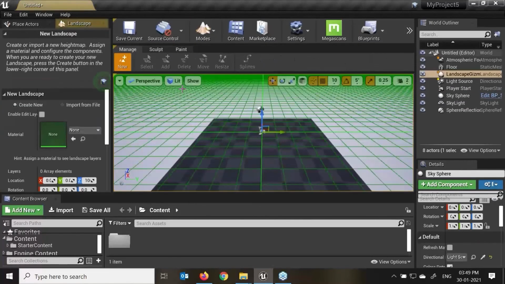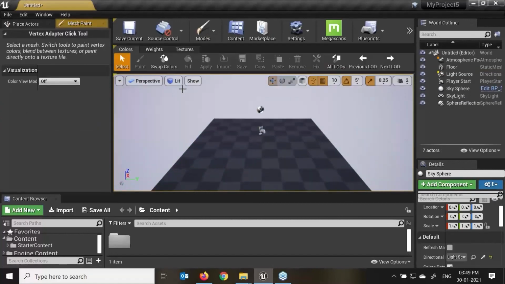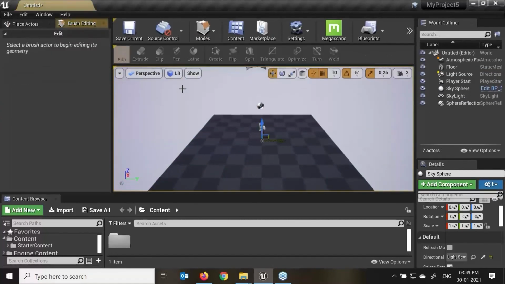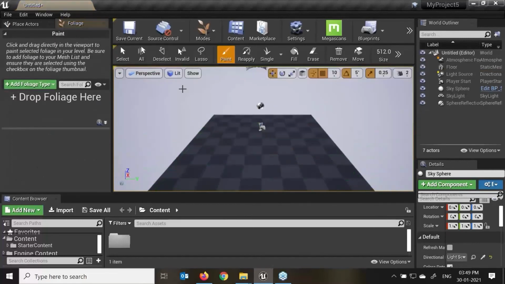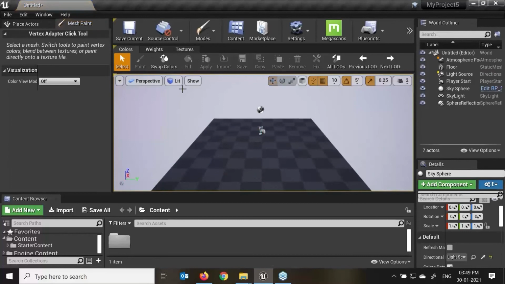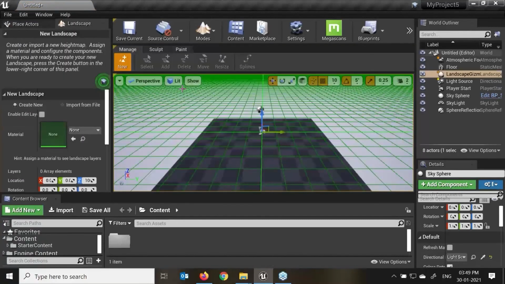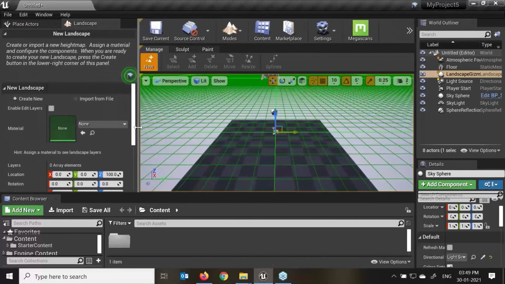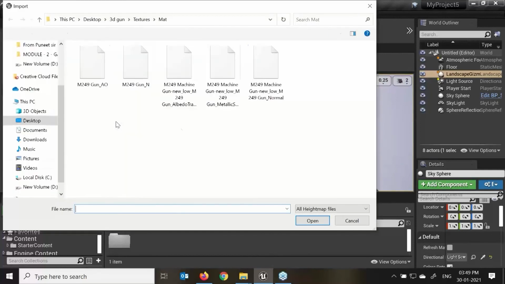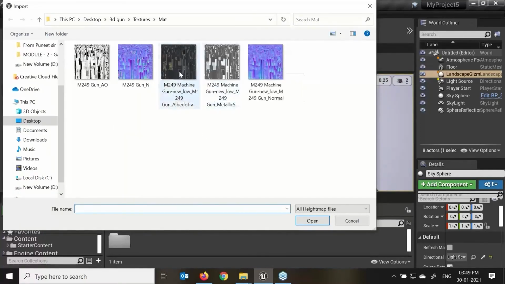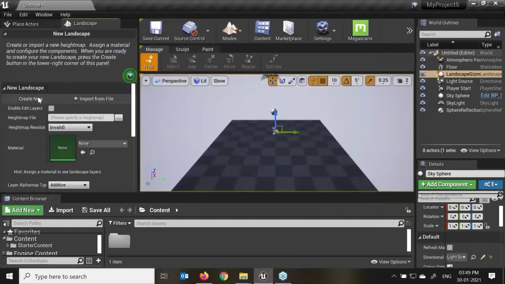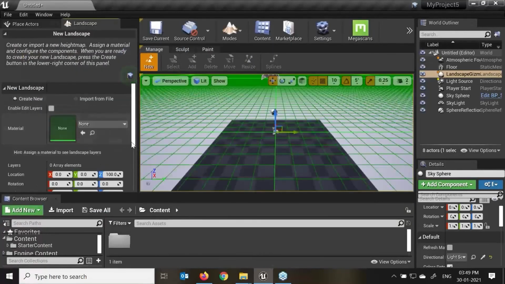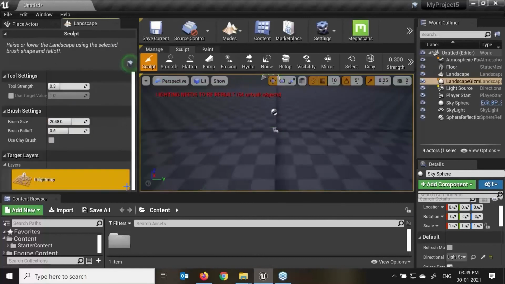Shift 2, Shift 3, Shift 4, Shift 5, right? Shift 1, Shift 2. I still remember one respected faculty asked me in the last session if they can give their own height field map. Yes, you can do that. You need to click on this import file format. So whatever height field map you want to apply, you can apply with the help of the import file. Create New. Here you can give the material and the textures as well. I'll click on Create here.